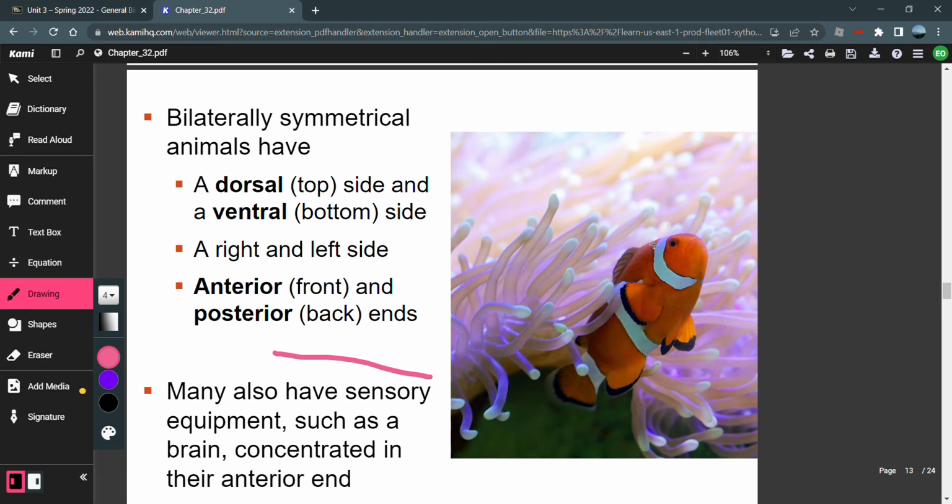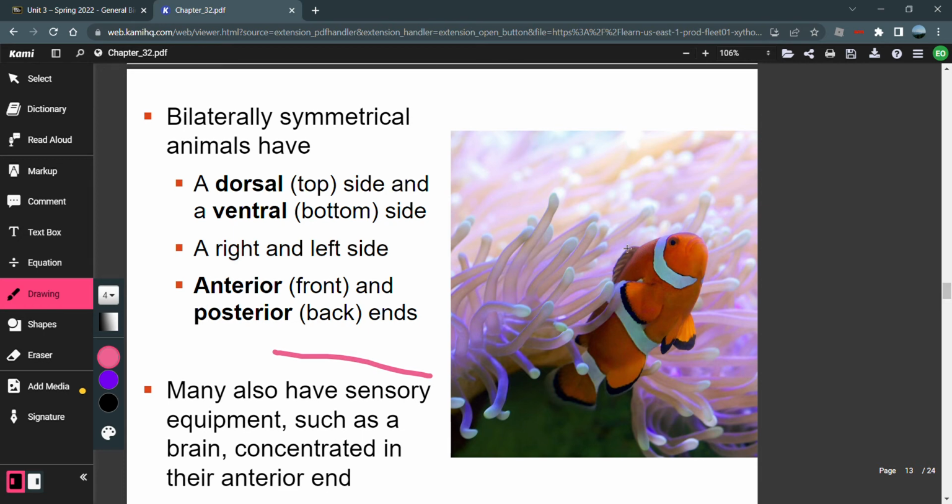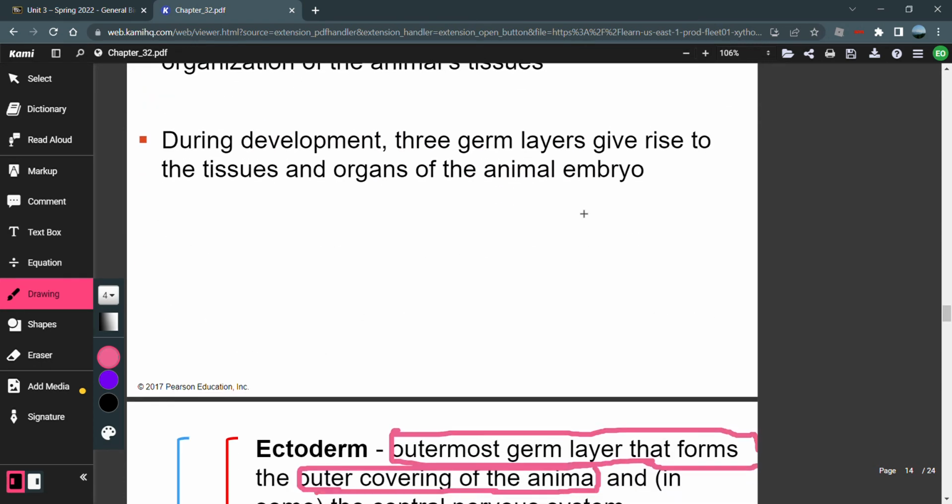This brain allows bilaterally symmetric animals to have coordinated movements, meaning that they can look at things and be more sophisticated in their movements. That means they can move more quickly and more accurately. While in radially symmetrical animals or organisms,